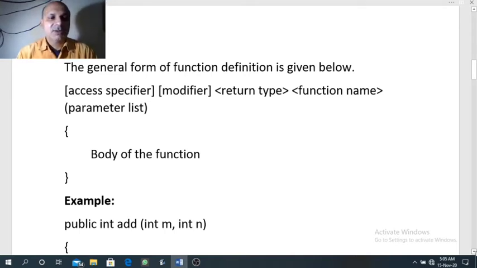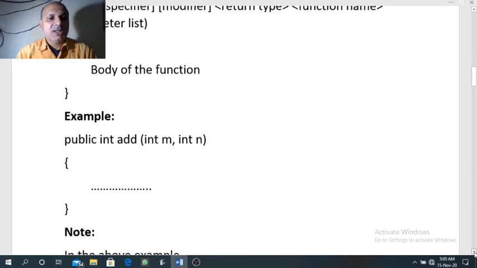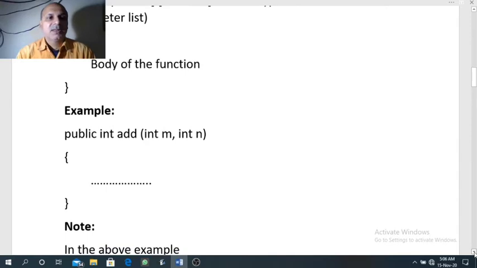Let us see one example of a function definition. public int add(int m, int n). Then we have the body of the function. Here public is known as access specifier. int is the return type. So far you would have used void in most of the functions. void is also a return type, but instead of void we can have any other data type.